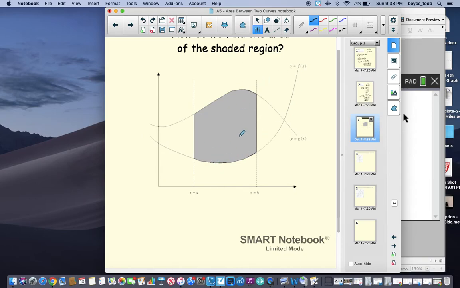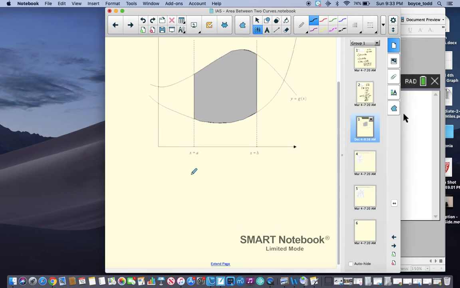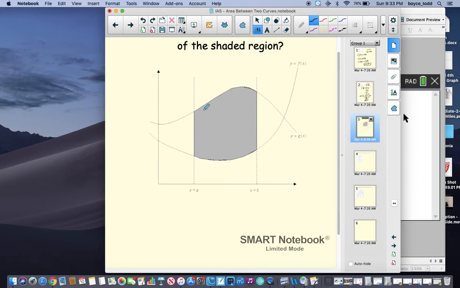And if we wanted to find the area between these two curves, what we can really do is just subtract, because if you think about it, the area below this curve, or sorry, f of x, and then g of x is up here. So if you want to get from a to b, you would say from a to b, and you would start with the top one. You say g of x